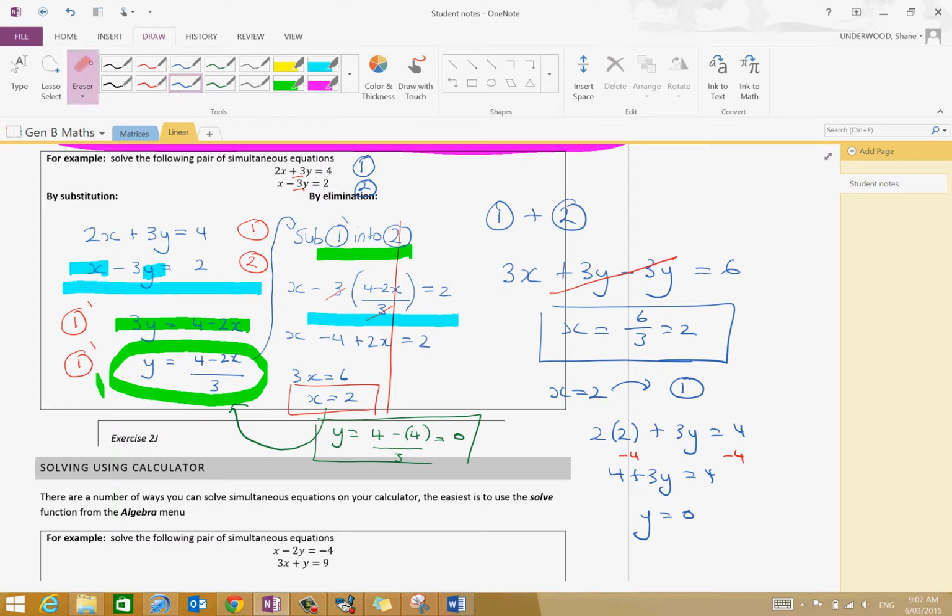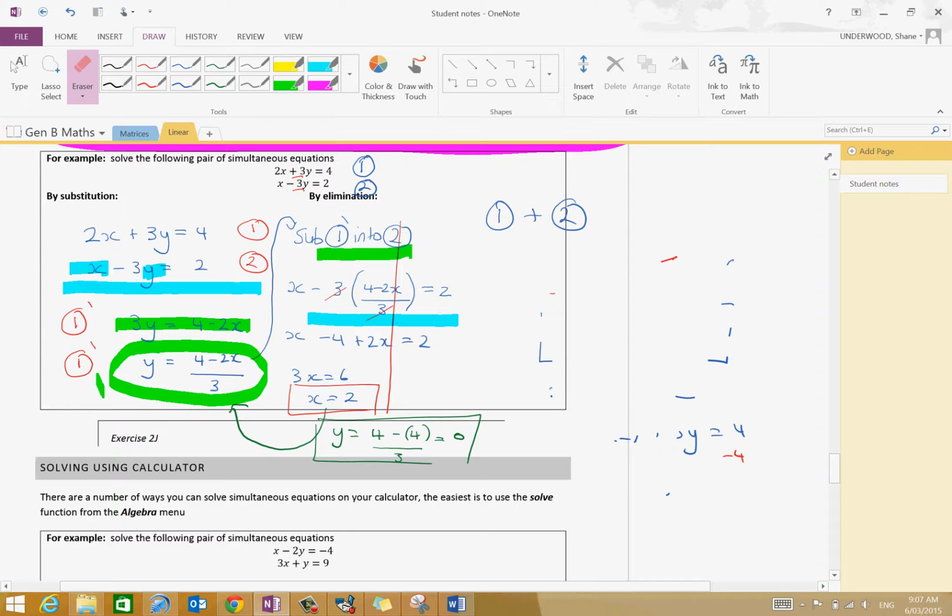All right? So what we're going to do, though, there's no point adding 1 and 2 together. Which one of these? If I subtract 1 from 2, is that going to work? If I do equation 2, subtract equation 1, is that going to work? Negative 3y, negative 3y. Is that going to work? No, it's going to be negative 6y. Yes? Can you do 2 from 1? Because then you just get